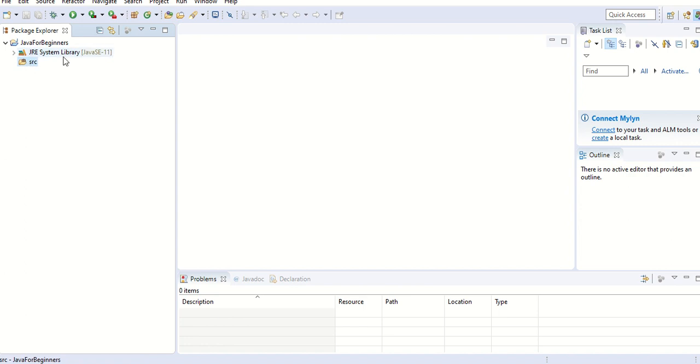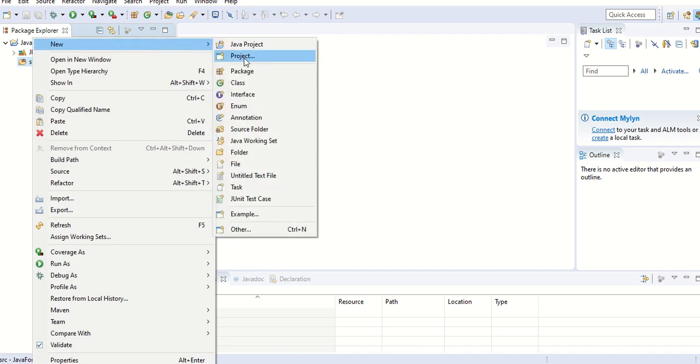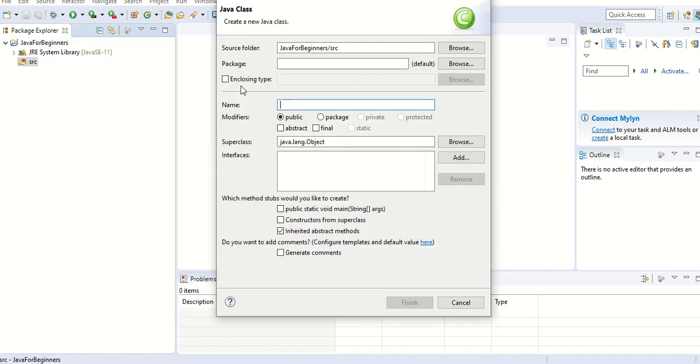In this source folder, right click on the folder, go to New and go to Class. Here you can provide the name of the class; right now let me put the name Test. Then you can select the public static void main method checkbox, which asks which method stubs you would like to create. For the time being, you can see the warning that use of the default package is discouraged.